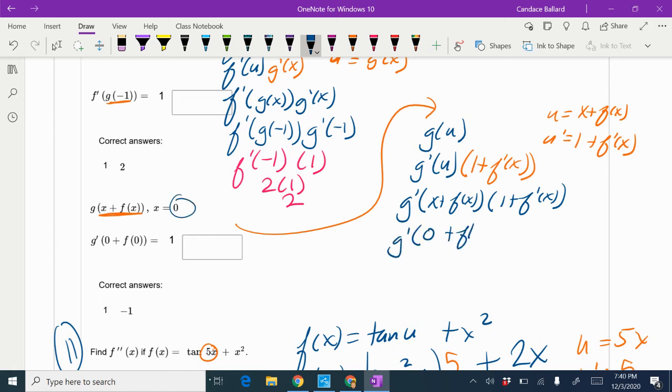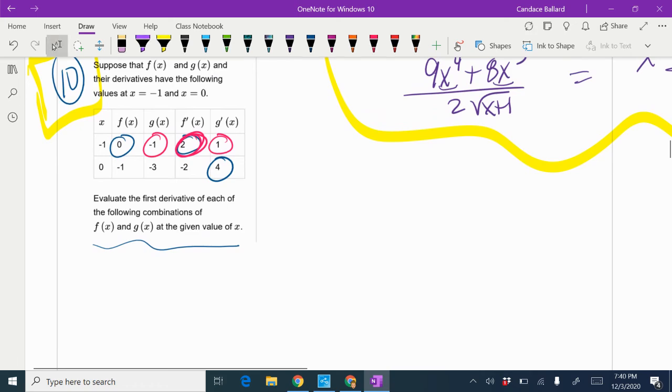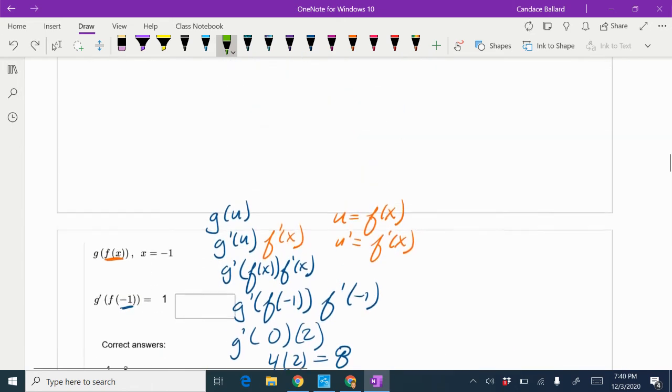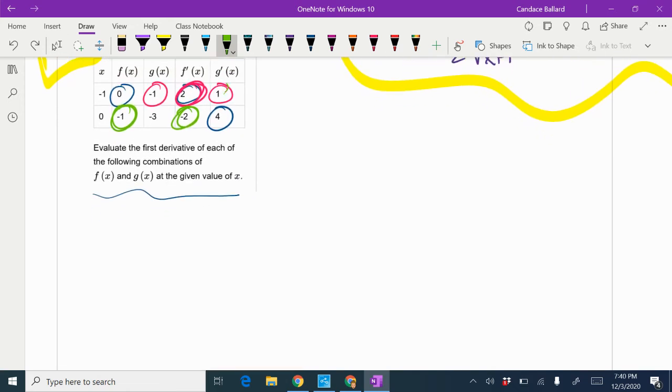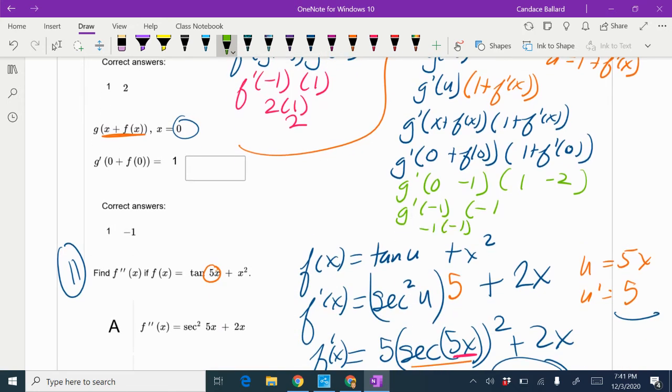So 0 plus f of 0 times 1 plus f prime of 0. All right, so I need f of 0 and f prime of 0. So f of 0 is -1 and f prime is -2. So -1, -2. So I have g prime of 0 minus 1 times 1 minus 2. So it's g prime of -1 times -1. G prime of -1 is 1. So we're going to put that in there. So we get -1 times -1 equals